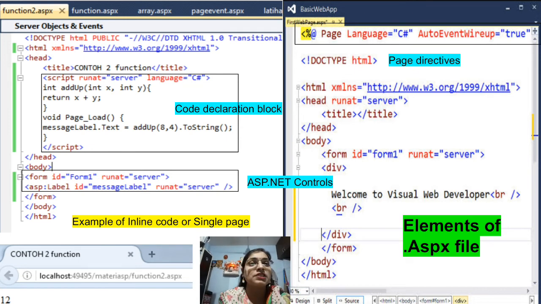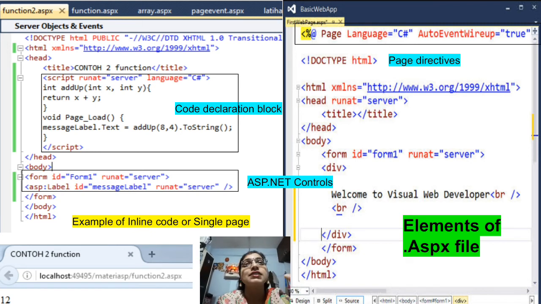Elements of the .aspx file. In sky blue color there is some text: code declaration block, ASP.NET control, page directives. All these are the elements of the .aspx file. By default, the page appears in front of us with these elements visible, but there are many more elements we will learn in further slides.